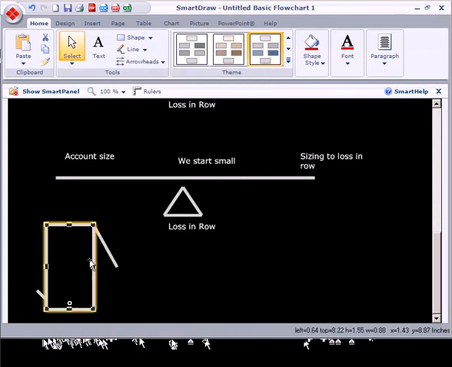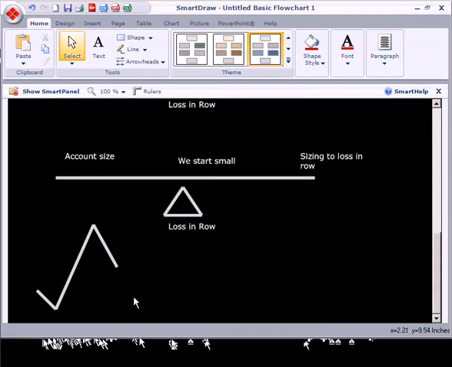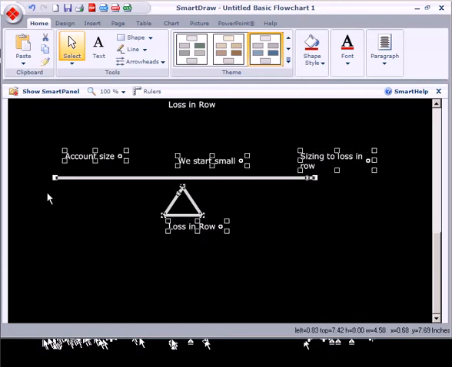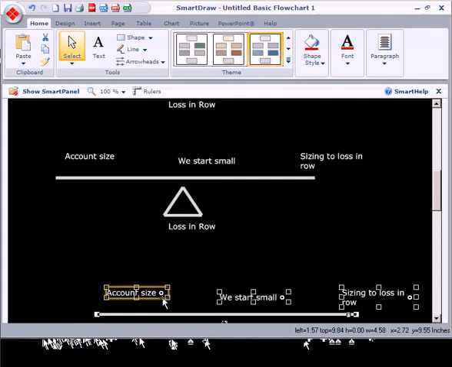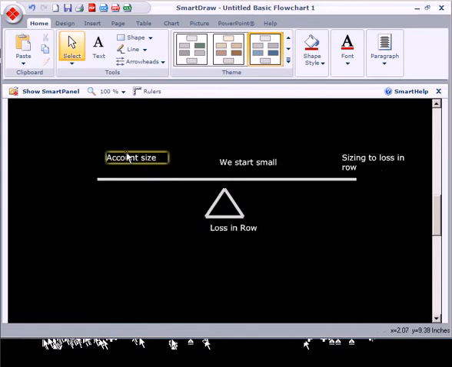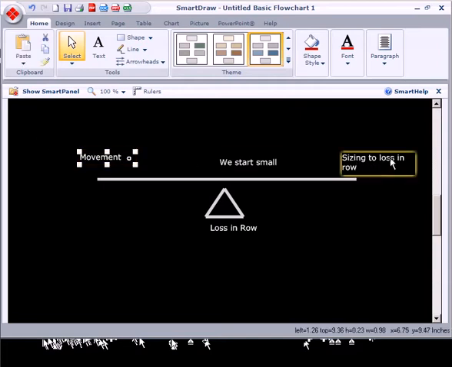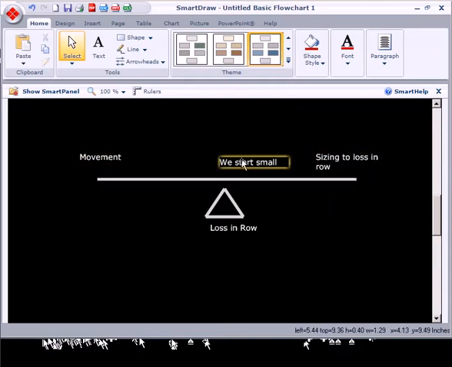If that's the range we have and that's 40 pips, well, look, I'm going to size to 40 pips or 20 pips. So this is an easy thing that we can bring in balance. So let's bring something that we can balance, and we could teach you how to balance. We can have software do it. We now have movement, and the sizing to losses in a row. So how far does it move? And we size to losses in a row and account size. Okay, we can do this.